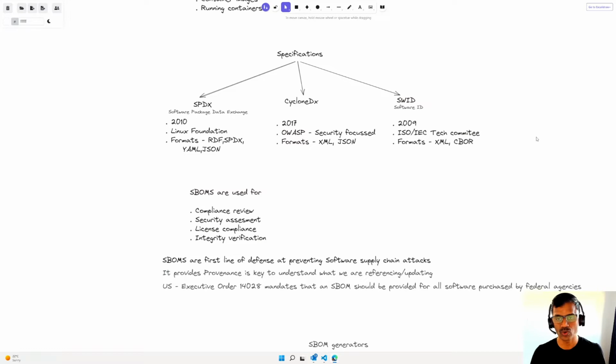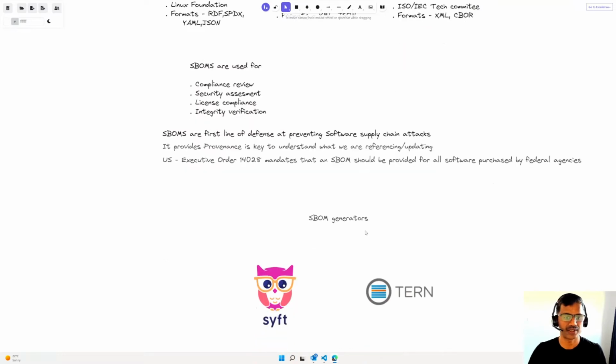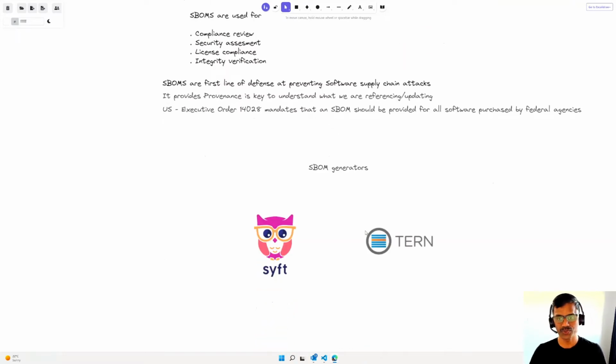the provenance of the software package that we are using. SBOMs is the first line of defense in preventing a variety of supply chain attacks. It provides provenance, which is key to understand what we are referencing or using. In fact, the US Executive Order 14028 now mandates that an SBOM should be provided for all software purchased by federal agencies, which means that generation of an SBOM is key and critical for any package that is used by